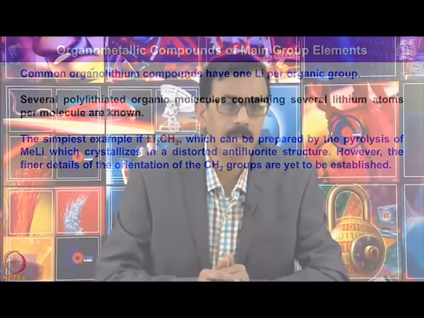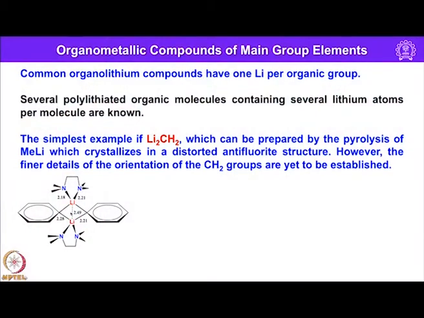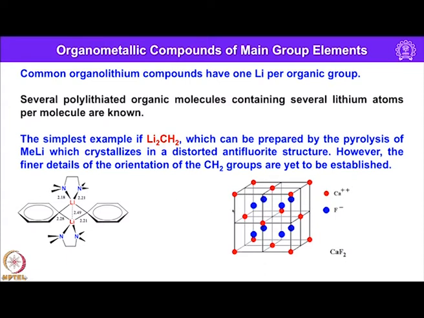and low stability. Here, in the case of phenyl lithium, one can see how the structure looks. Here is phenyl lithium with tetramethylethylenediamine; it forms a dimer, and here it is getting stabilized because it utilizes the pi electrons of benzene to overcome some of the electron deficiency of lithium. And this is the structure for Li2CH2, similar to the fluorite structure, that is the calcium fluoride structure.